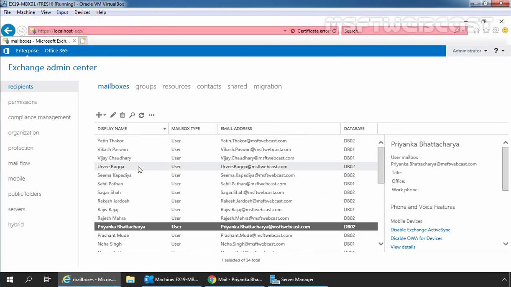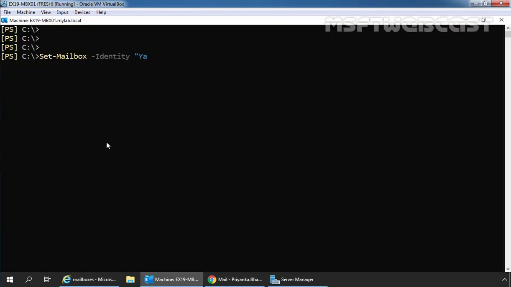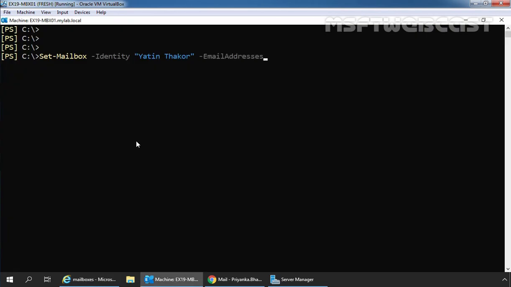And let's add an email alias for our user mailbox Yatin Thakur. Let me confirm the name. Okay, Yatin Thakur. And now we are going to use the -EmailAddresses switch. So our full command is going to be Set-Mailbox -Identity Yatin Thakur -EmailAddresses @{add='yatint@msftwebcast.com'}. Now we need to press Enter key.